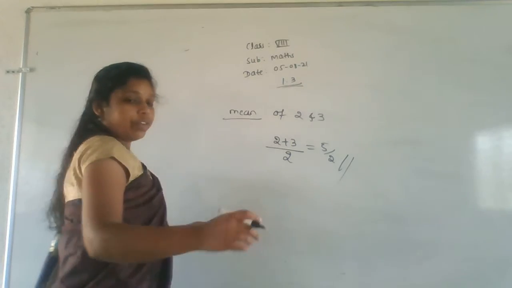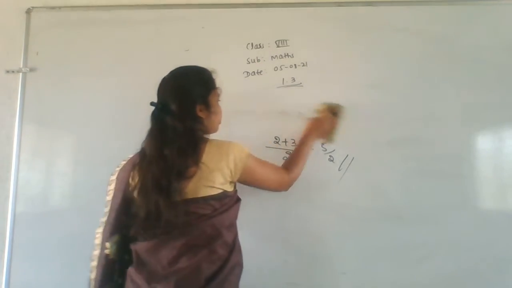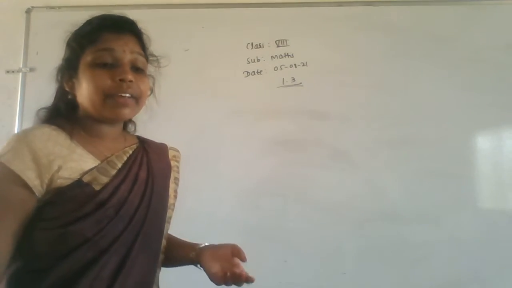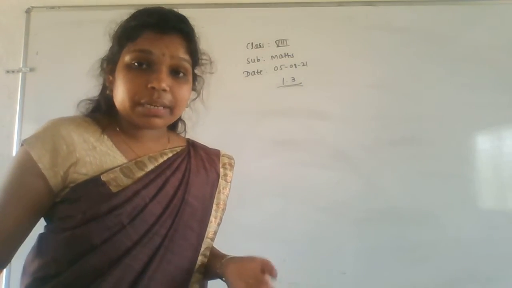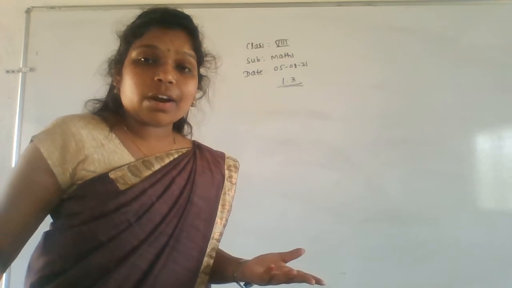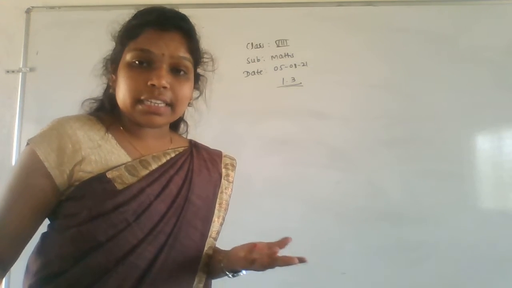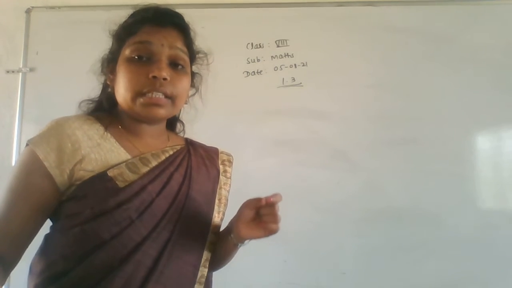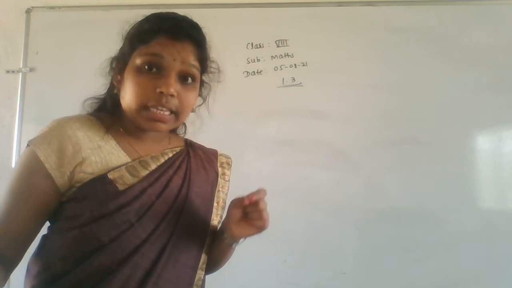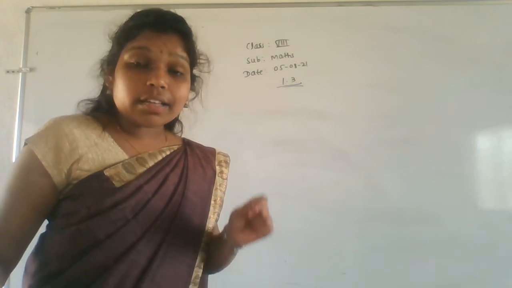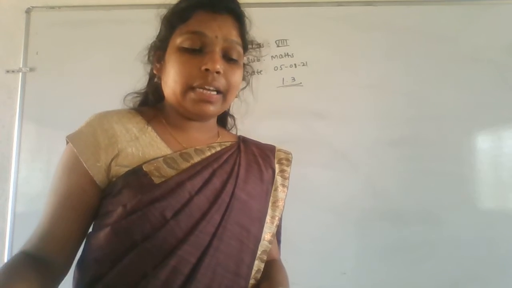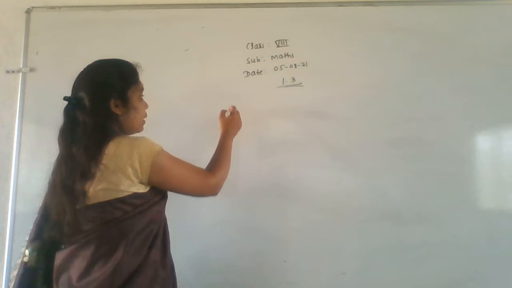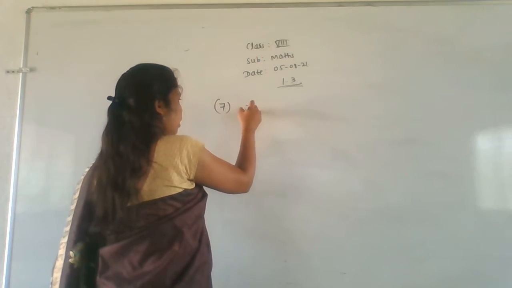Okay. So now we start the seventh one. If they had not mentioned the mean method, directly we can say 14 by 16, 15 by 16. These are all rational numbers in between 13 by 16 and 18 by 16, right? But they told here using the mean method. So we have to use the mean method to find a rational number between 13 by 16 and 18 by 16. Okay, so now we will begin the seventh main A question.